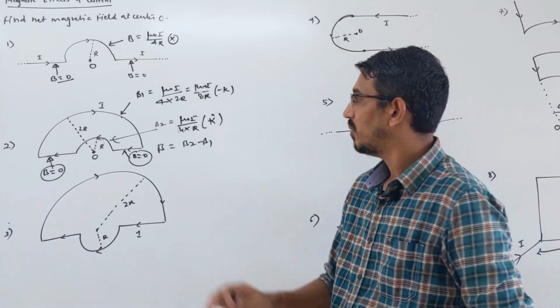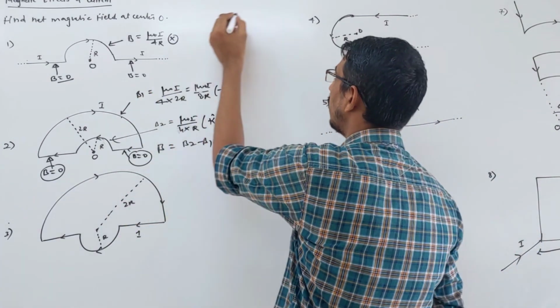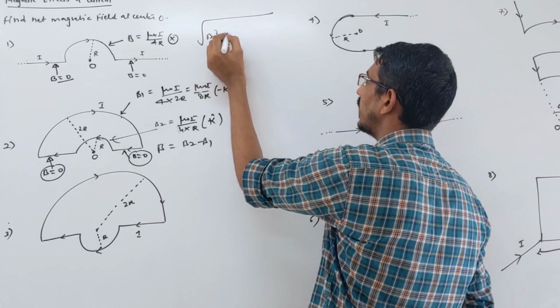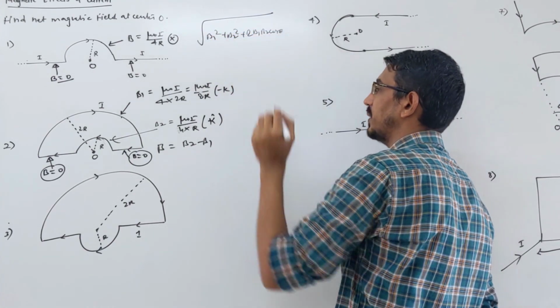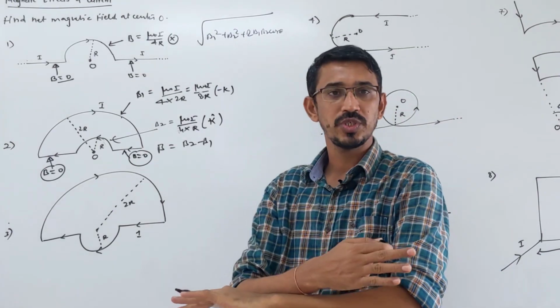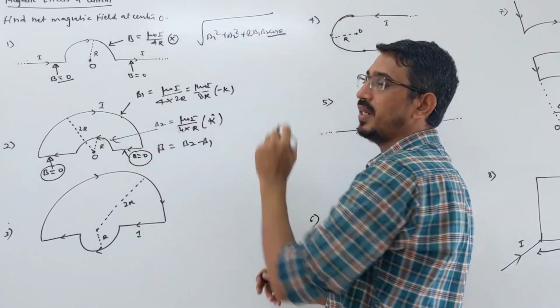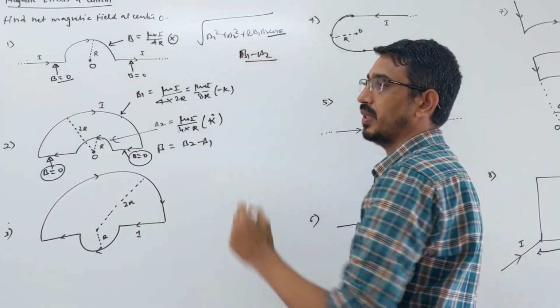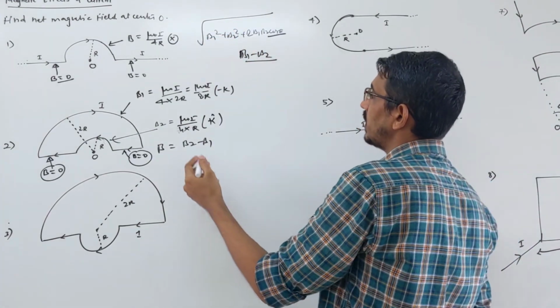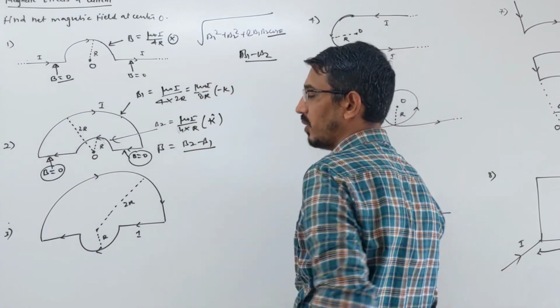When the angle is 180 degrees and you want to add two vectors directly, the answer is A minus B. Magnetic field is a vector, we are adding by this rule everywhere. It is B1 square plus B2 square plus 2 times B1 B2 cos theta. But the two fields are opposite to each other, so this angle is 180 degrees, then directly the answer becomes B1 minus B2, subtraction of them, okay? Big minus small. So obviously the answer will be this minus that.